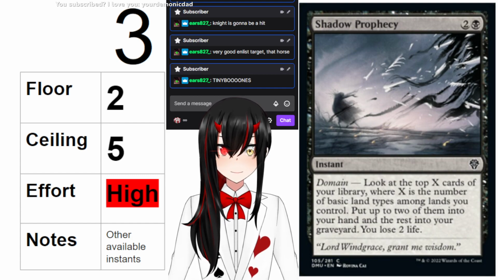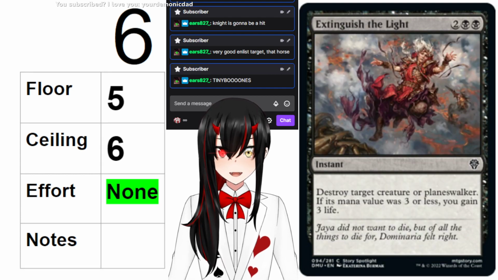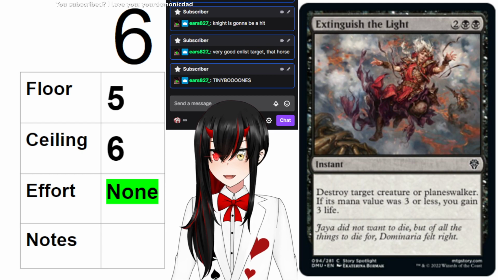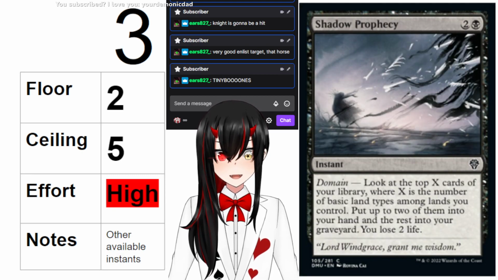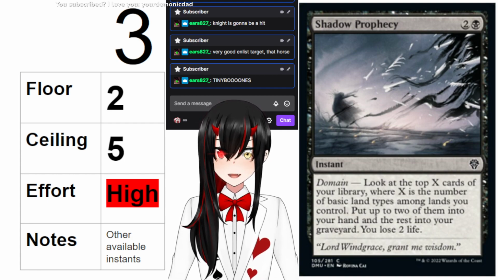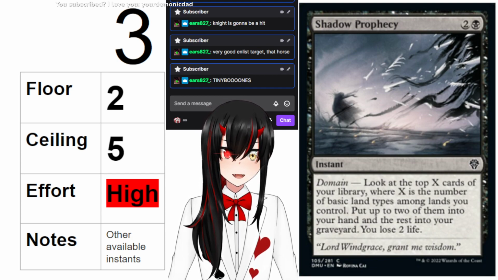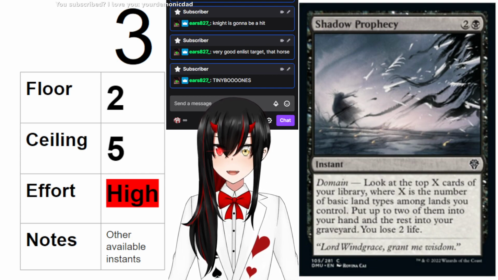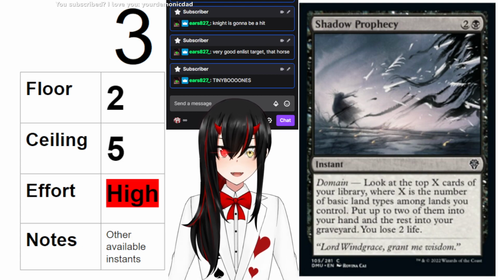Like, if I am holding up mana anyway to play this Extinguish the Light, then they don't play a creature or they don't play a counterspell, they don't play something I care about, then I get to play my Shadow Prophecy draw spell. You want 3 colors if you can help it. Like, you want this to be, look at the top 3, choose 2 of them. But you're not too upset if you only get 2 cards. Do make sure you have 2 basic land types. Cool draw spell, a little better than the Divination effects out of